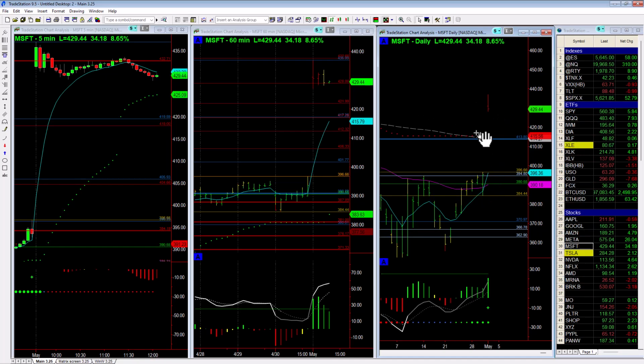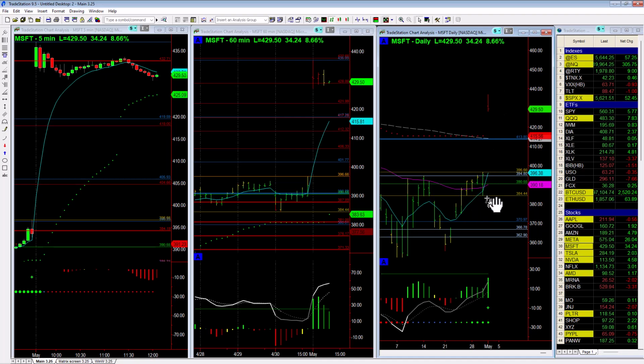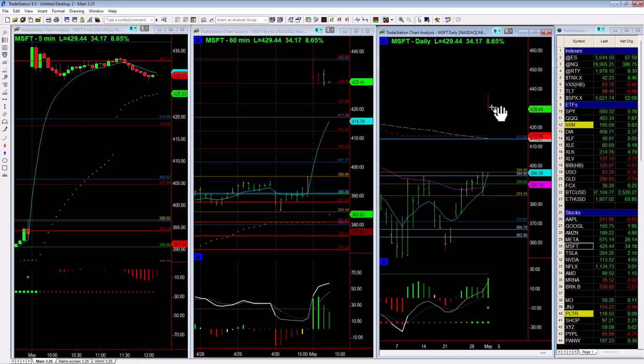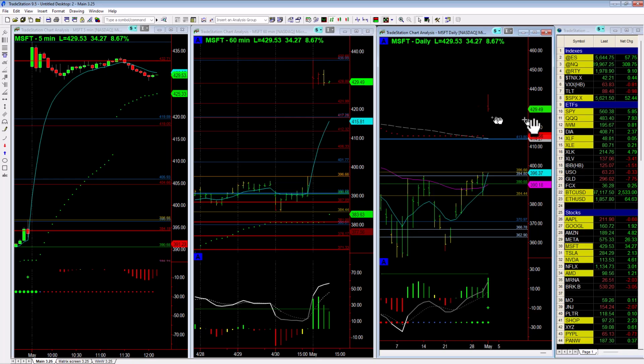You have to be careful about jumping right into this trade because we've already repriced much higher than where we were over the past month. That doesn't mean we can't move higher, but what you have to assume is that the gains are already in, and if we're going to go higher, we have to have additional buyers to push up into this 440, 450 level.